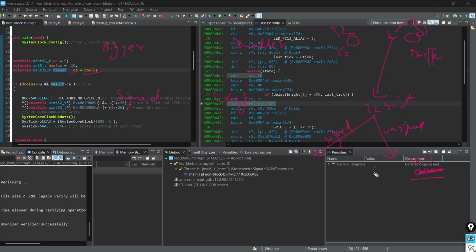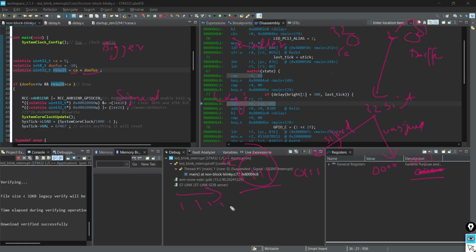In the unsigned case, it will only add zeros, but in signed promotion, it will add ones for the extra bits we added. Since this is -10, it will promote with extra ones on the most significant side.